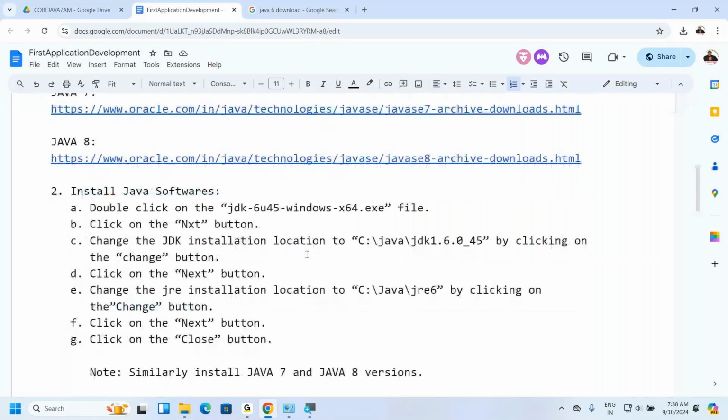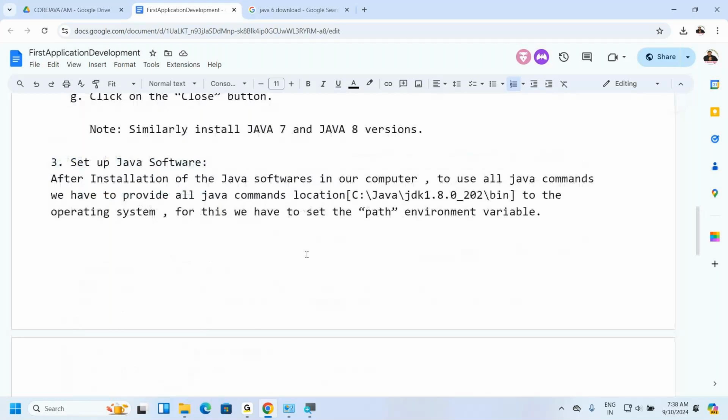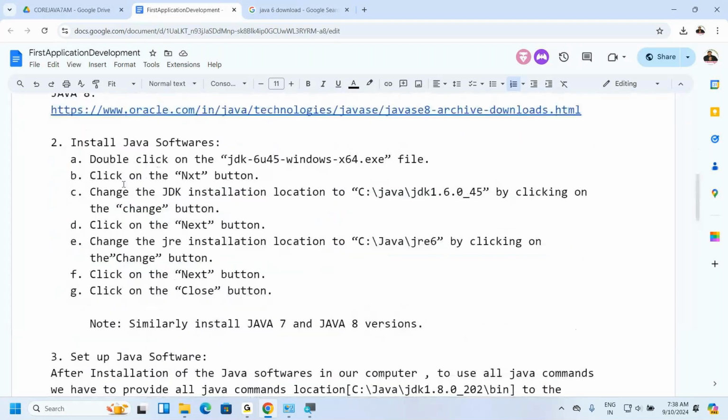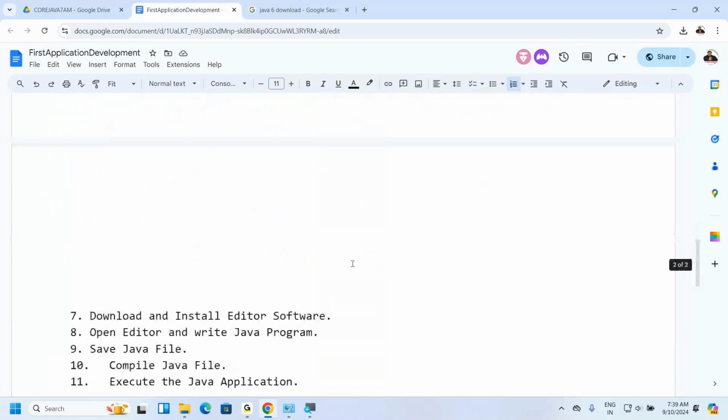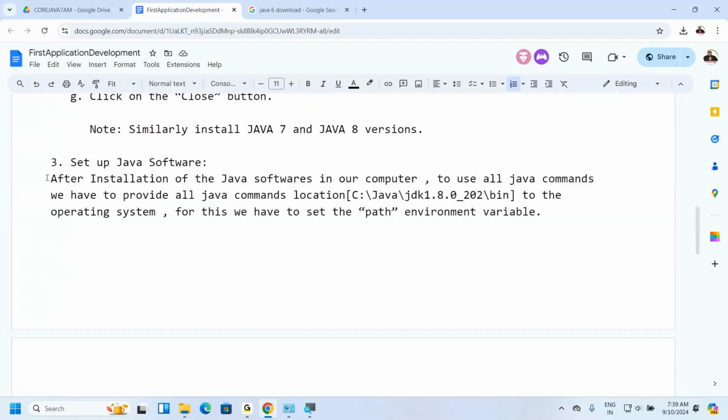Right, sir. Now yesterday we completed the setup, that means the download option and the installation process also. Next one is what? Setting up the Java software that we are discussing clearly. After installation of the Java software on our computer, to use all Java commands on the command prompt,